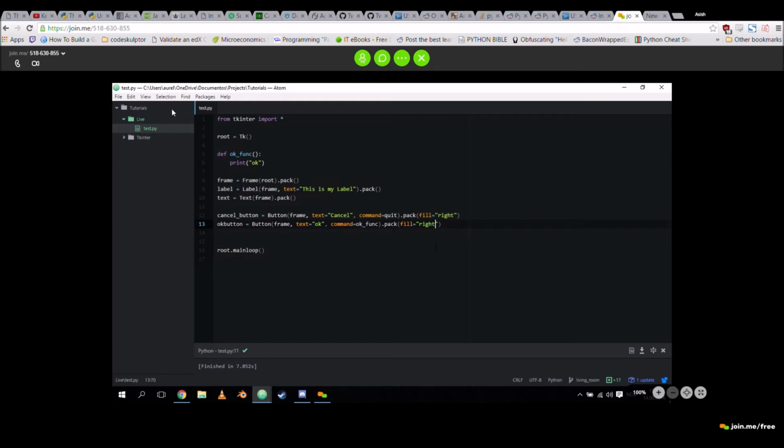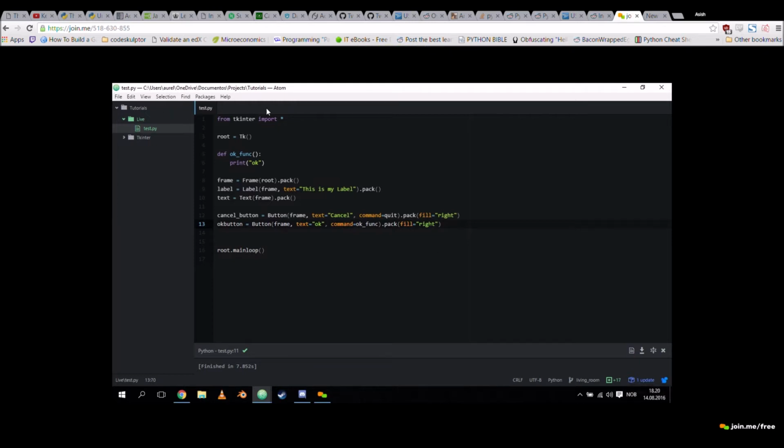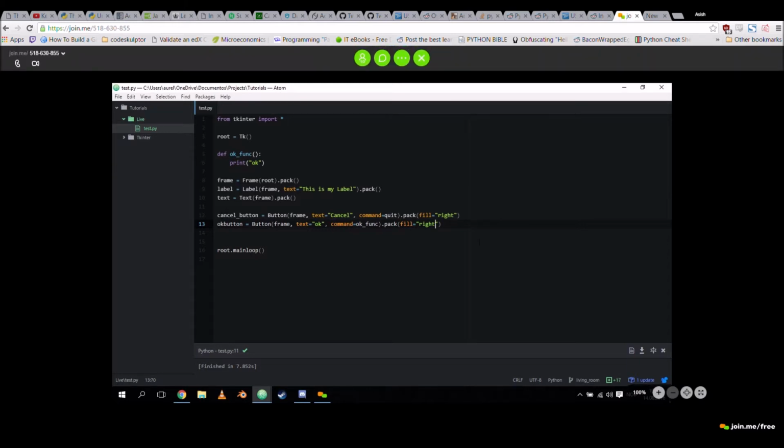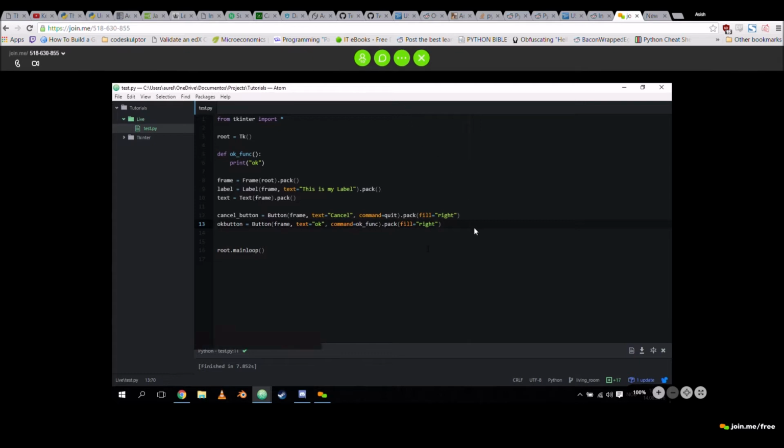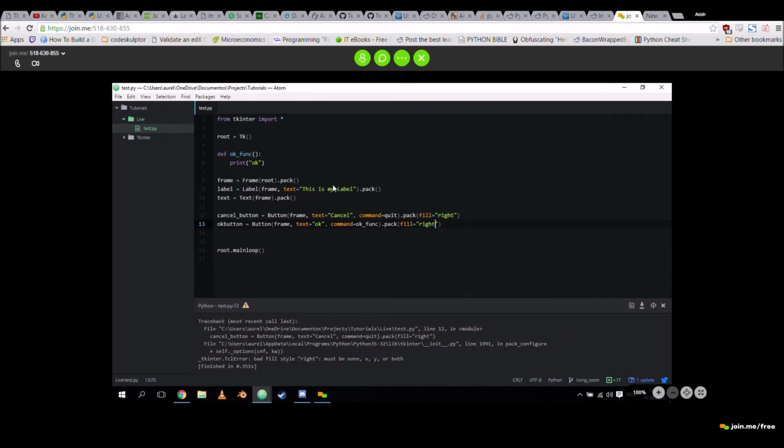So I've added 2 fill arguments to the pack, and I've told them fill it to the right. So what happens now is that it gets to the cancel button, and the cancel button says move to the right. And then it gets to the OK button, and that one also says move to the right, but the cancel button is there first. So what happens? Right, sorry. It's not fill, it's side.